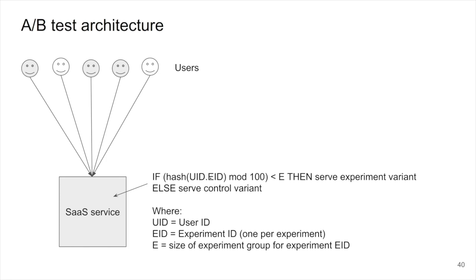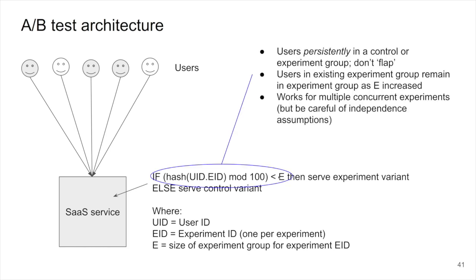So given then that our exposure level E is an integer between 0 and 100, we can just check if this hash mod 100 here is less than E to determine whether to assign a user to the experiment group or the control group. Now, in addition to doing a pretty good job of generating unbiased control and experiment groups with E% in the experiment group, this approach has the following benefits. Firstly,